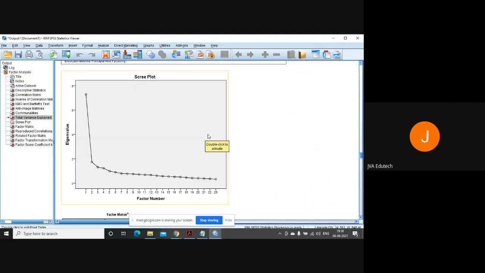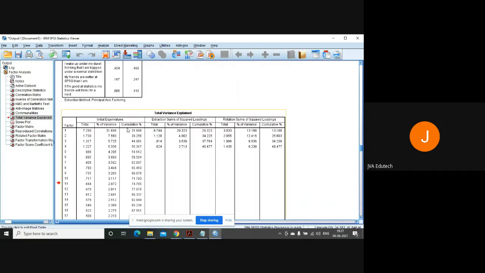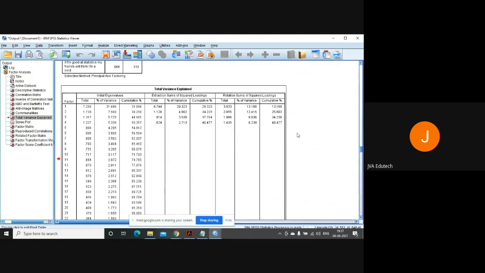And most of the authors, Kaiser, Meyer and Olkin, have given that given a large sample size, the minimum number of factors that you should keep is 4. You can keep beyond 4, but our scree plot is not supporting. So on the scree plot, there is inflection at 2, then at 3 also there is inflection. At 4 it has increased, and after 4 there is a sudden steep. And here also you can see till 4 we have eigenvalue greater than 1, so we will keep 4 factors.